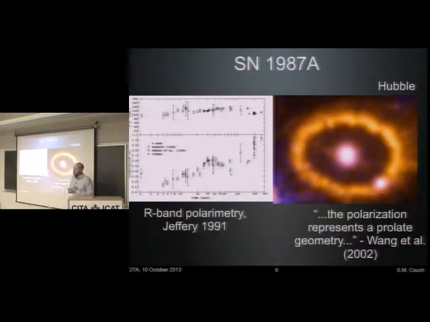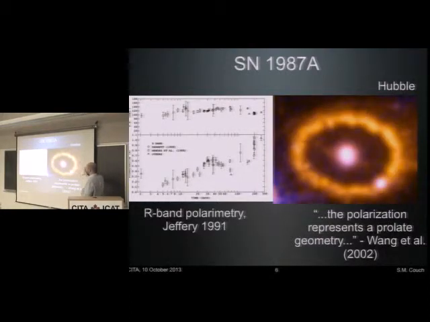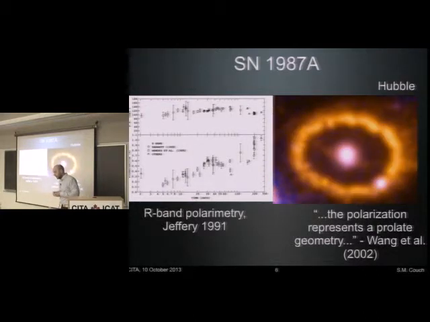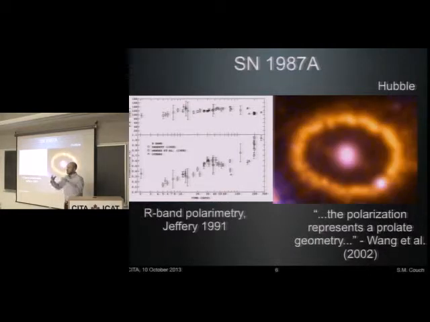Supernova 1987A, I already mentioned, it radiated neutrinos that we detected. But it was also polarized. And as we've continued to watch 87A over the last 20 years or so, we've seen the birth and the evolution of this young supernova remnant, sort of a proto-remnant. And we see that it is not spherical. There is definitely this elongation. You talk to the observers, there's a lot of stuff going on here that is hard to interpret. Effects related to dust. It's not clear if there's a lot of obscuration going on. But it's certainly not spherical.